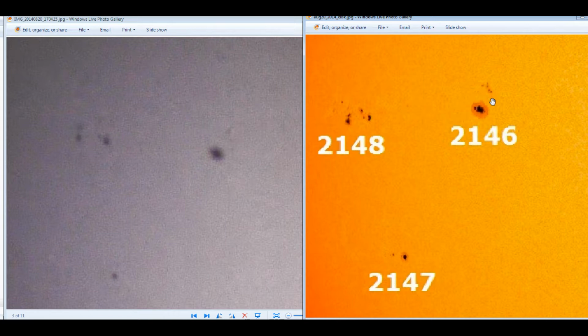This feature here around this sunspot, 2146. Again, if you rotate it clockwise, what looked like to me the entire time I was taking these pictures was that these looked like 3 dots to me. Okay, I'm going to get my hand away from there for a minute so you can look closely. I'm hoping that you can see this. If you look at this closely, it looks like 3 dots. It looked better in real life,